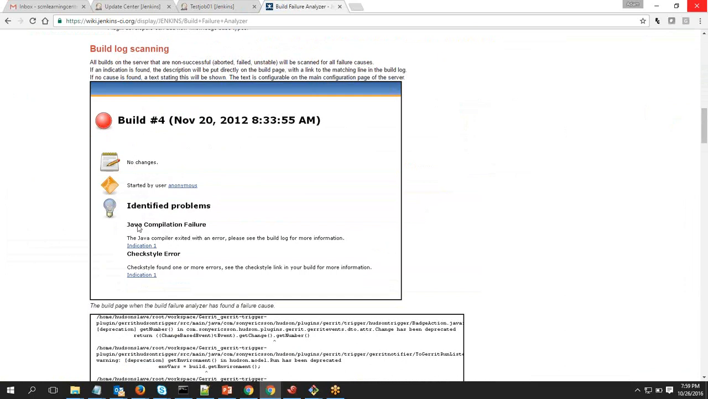For example, these guys have given it as Java compilation error, check style error. So in my case, if the example I said is NFS error, you could have given the heading as NFS error, and it will say how many times that error happened. So it'll be easy for us to keep track of all the builds that have failed, and you can even create a trend or a graph: on a monthly basis, these many builds fail for this issue, these many for this infrastructure issue, so that it'll be easy for us to track